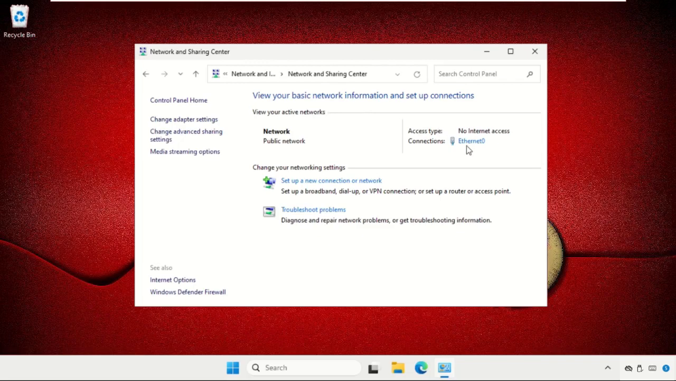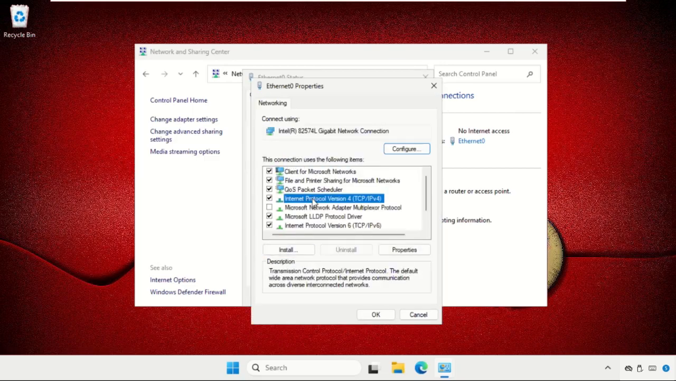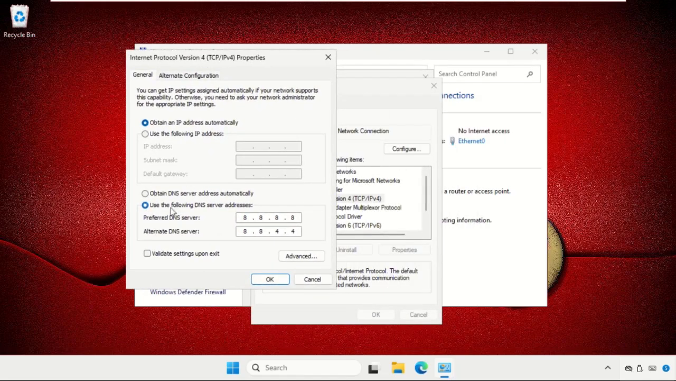And from the particular connection, click on it. Select properties. Then select internet protocol version 4, that is TCP IPv4. Then click on properties. Once we are here, we need to set this DNS server address. Check this option, then just type here